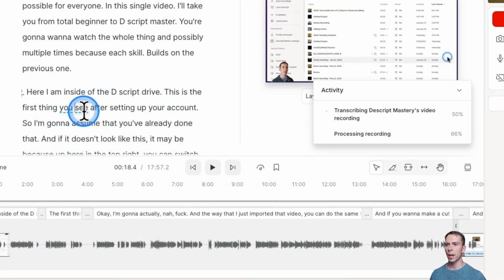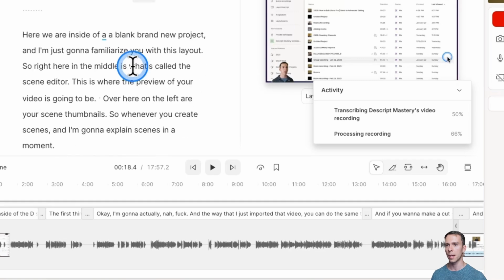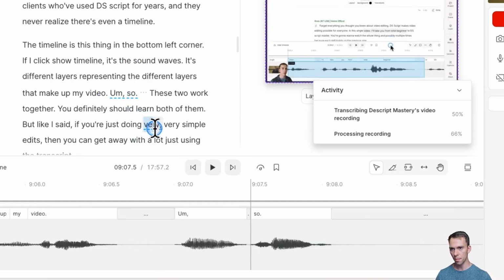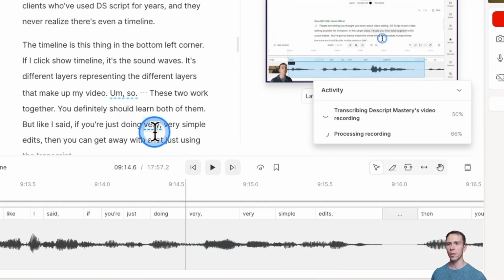These words underlined in blue, that tells me that those are filler words. So words like ums and uhs. Let me scroll down a little bit in here. Right there, an so, very, repeated. It's looking for all those words so I can easily find them and delete them. And there's a tool that will actually do that for me that I'm going to show you in a couple